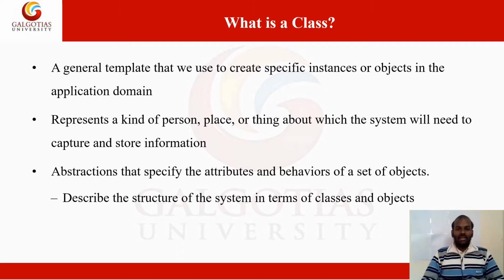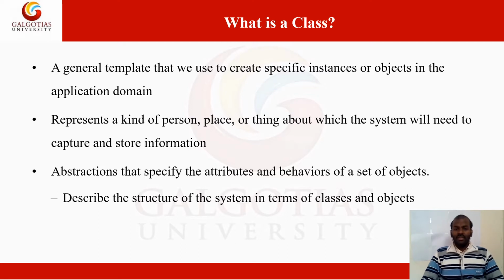A class we can call a specific instance, or sometimes an object. That object should have a name, some attributes, and some operations. These three things are combined and restructured in a rectangle shape, divided into three different portions, which we call a class diagram in your UML diagram.